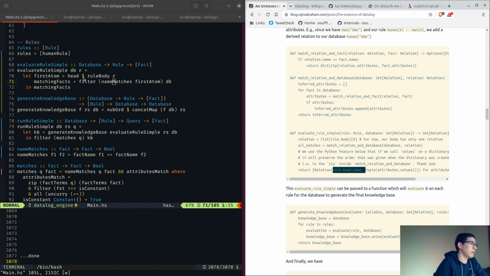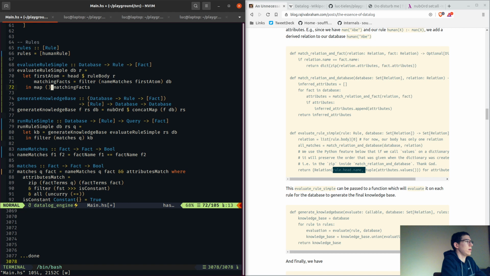Oh boy. So these are the matching facts, okay? And then map. And what do we map on it? So first, yeah, we need to do two things. We need to get the fact terms out. So fact terms, if we have that, then we can